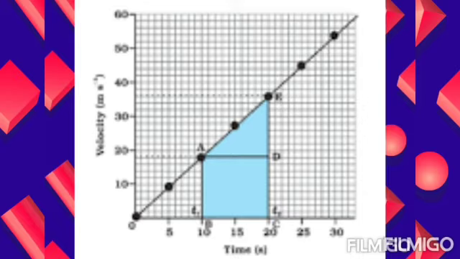What are the two formulas? Area of a rectangle as well as area of a triangle. What is the formula for the area of a triangle? Half BH, like you have learned in mathematics. And the area of a rectangle is L into B. By using this formula, we can find the slope from this velocity time graph. Students, how will we find the slope? We can find it using the area of a triangle formula.